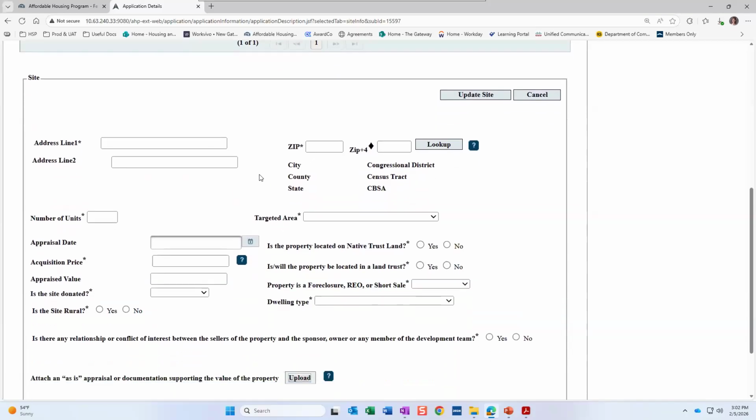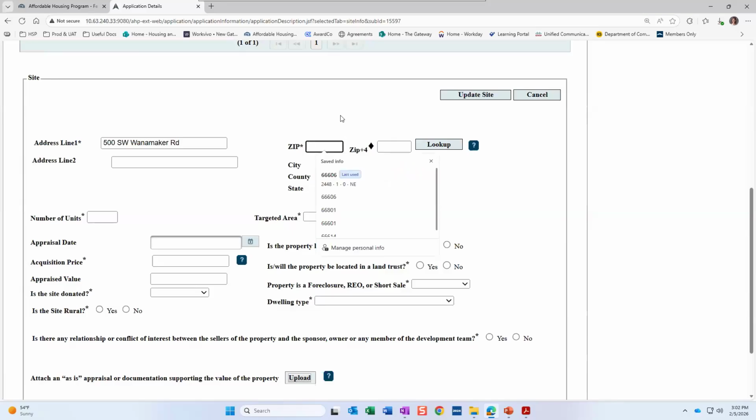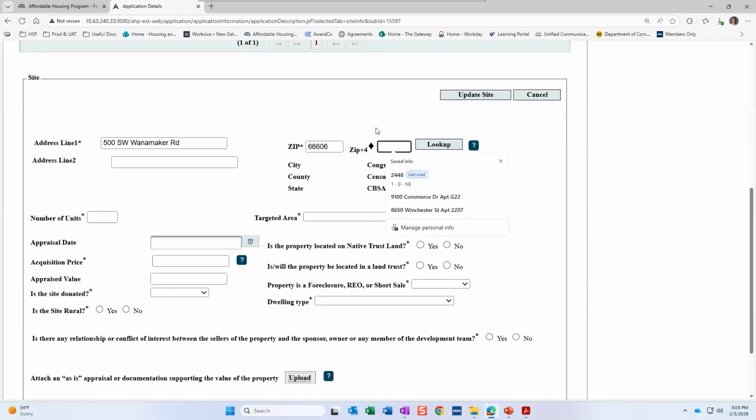From here, you'll see this box show up at the bottom, and it's going to ask you to fill out some information regarding the property that's being purchased. The first thing you're going to do is enter an address here. You can see I used this address earlier, but it'll let me do it twice. This is the address of our office here at the Federal Home Loan Bank of Topeka. You're more than welcome to come visit us if you'd like to come see the office or come say hi. So that's our address here. For the zip code, you'll want to make sure that you have the zip +4. If you do not know what the +4 is on your property, there is a tool on the USPS website that will tell you what the +4 is.